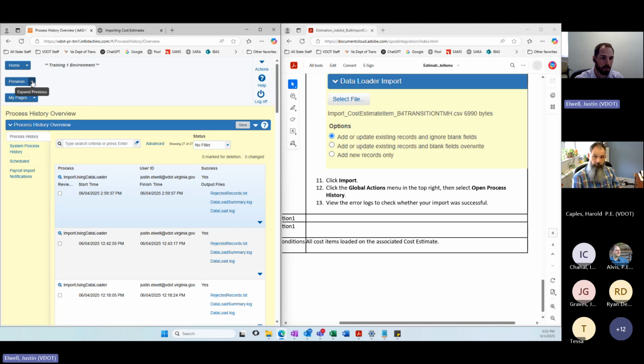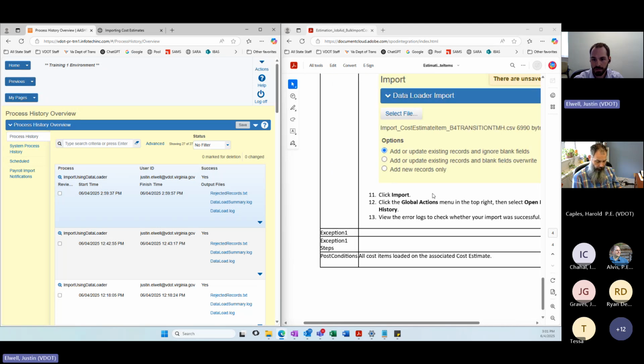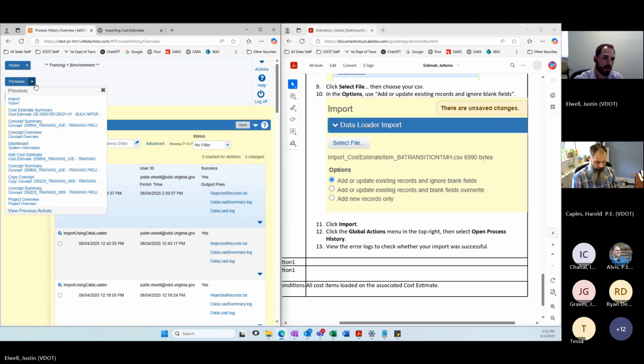So from here, review the error logs to check whether your import was successful. And for those who were not aware, the drop-down on the previous button on the top left of your screen allows you to navigate to the last few pages you've been navigating to.